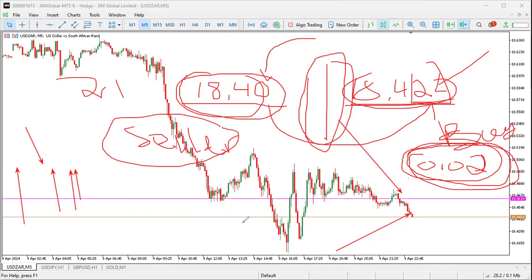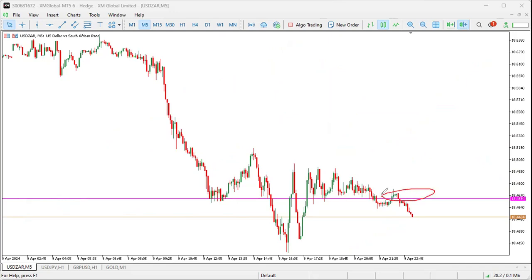These prices are determined by these two lines that we have here. Let's say if you are buying, you want the price to go up. You will have to buy at this price up here. This is the buying price. For someone that is selling, can you check here on USD ZAR? You will have to buy at